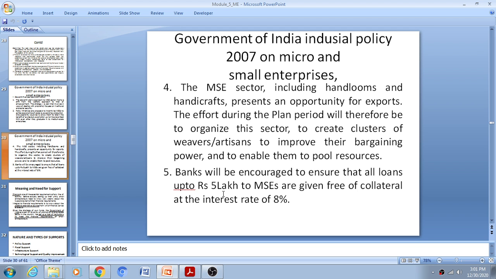Next one is that banks will be encouraged to ensure that all loans up to rupees 5 lakhs to MSEs are given free of collateral at an interest rate of 8%. Before that, what happened was